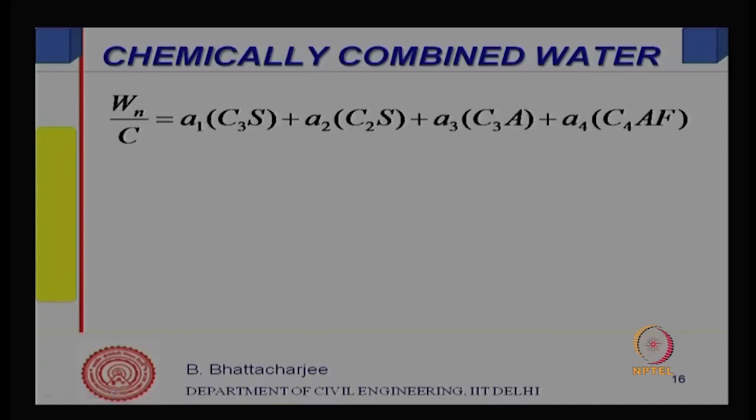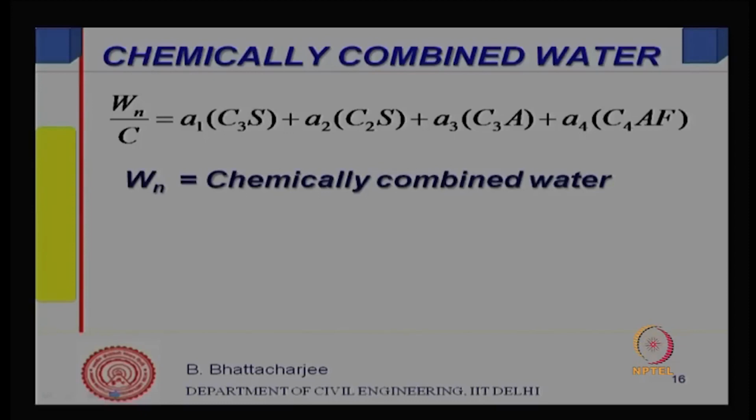Let us see how much is the chemically combined water. Now, to do that, people have done tests, experiments on individual compounds. So, if we want to find out the chemically combined water, we must know how much water C3S will require for full hydration, and how much water C2S requires for full hydration. So, this is the quantity of water